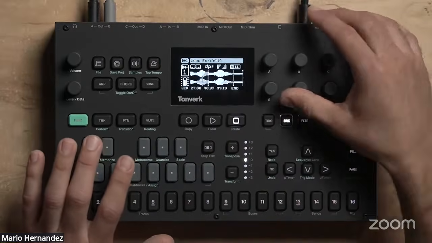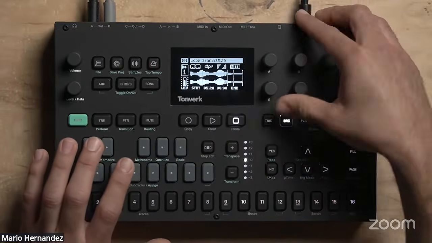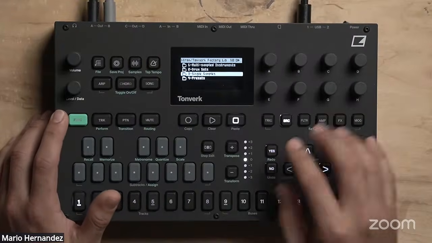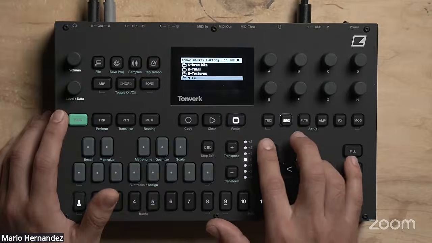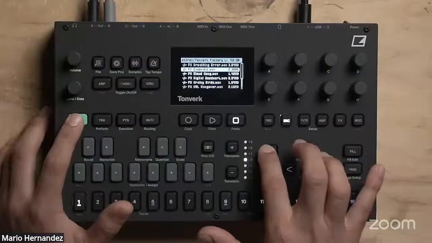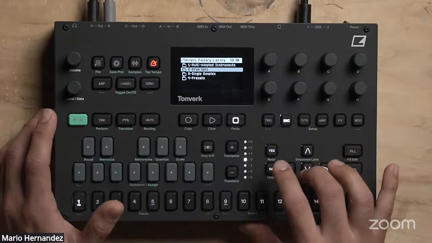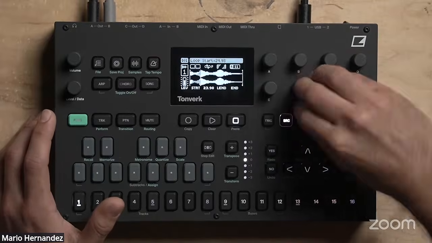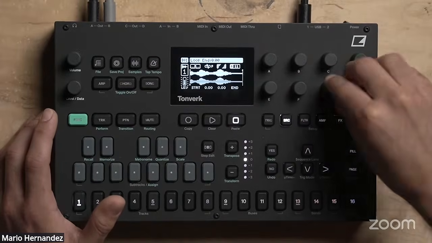So you could do the single cycle wave thing as well. Does it come with single cycles? You know what? That's a good question. It would be in here, in single samples. That's sick. Let's grab this one, and that's why I really like it, because the single cycle, it just totally